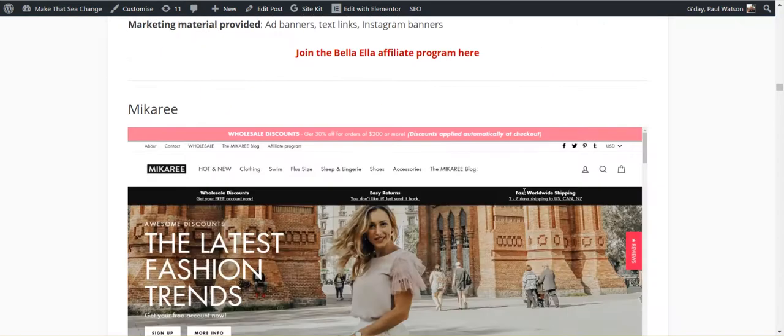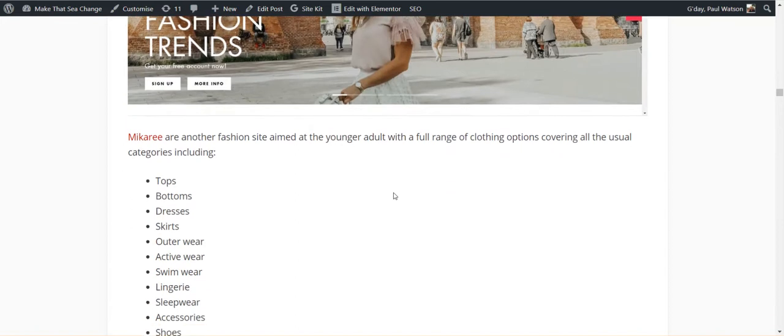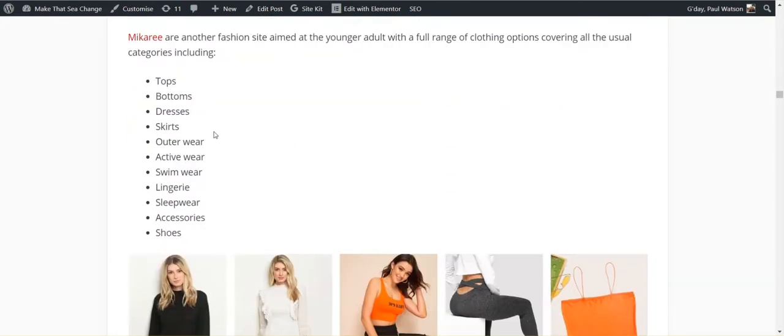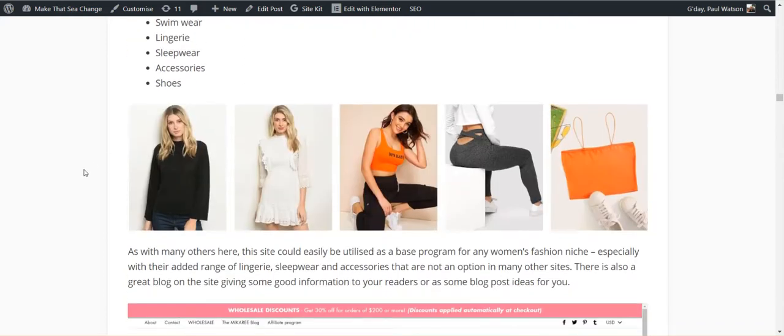good one for you. Mikaree is another one. Again, everything there. They tend to aim more at the younger adult. And again, they've got a huge range. Tops, bottoms, dresses, skirts, outerwear, activewear, swimwear, lingerie, sleepwear, accessories, and shoes. As I say, they tend to aim at the younger